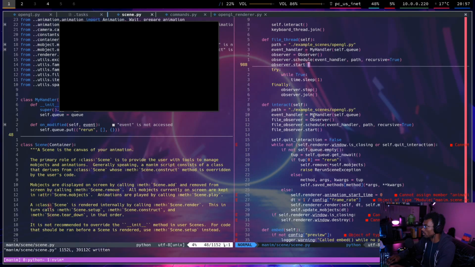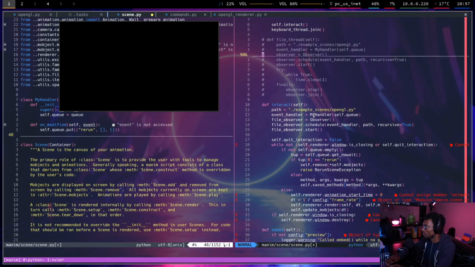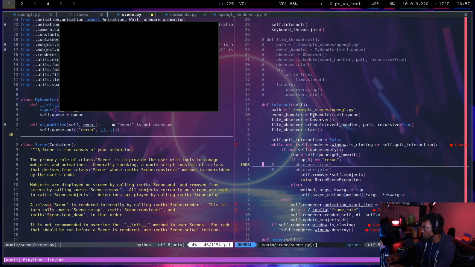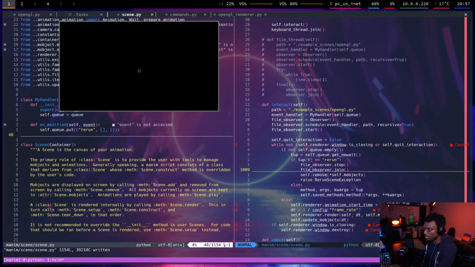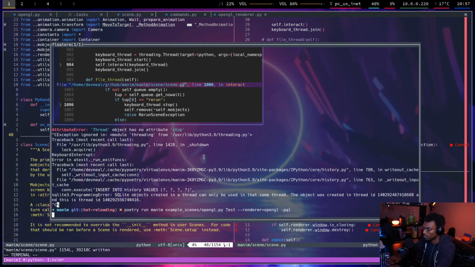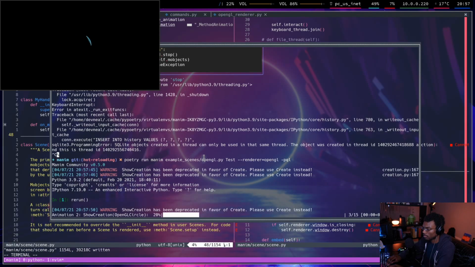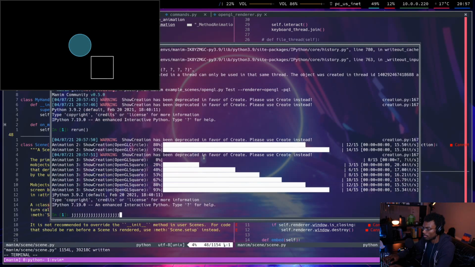wait. Don't I not even need this function? I don't need that function anymore, because I don't need to sleep on my own, because I'm going to sleep when I render. So when it receives the rerun command, it can stop the file observer and join it. And so this should at least kill that thread. So now if I rerun and stop pressing the J key,